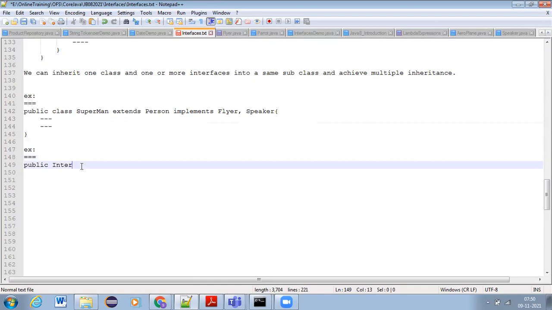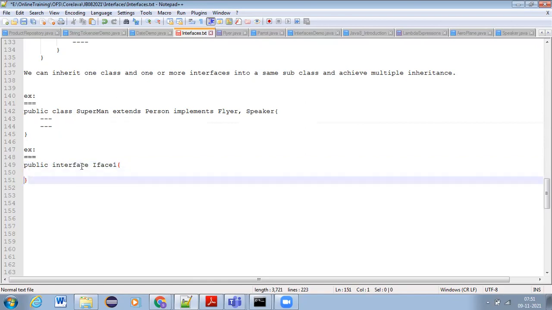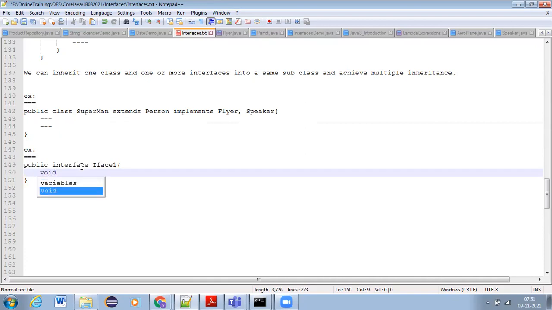Suppose I have public interface IFS1, in which I have one method, void m1, or simply any method.